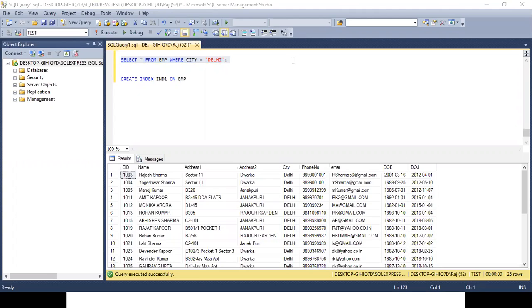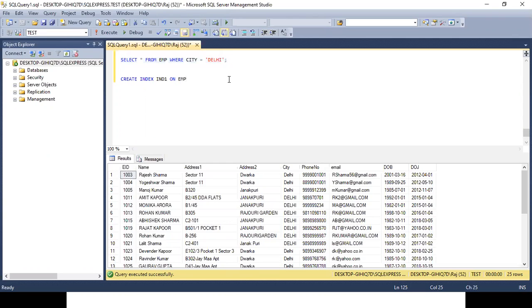Somebody said that employee ID is unique. No, never. We can put an index on almost every field on the table. There is no restriction on it. But in this scenario, we have to put an index on the city because we are retrieving the data on the basis of city.